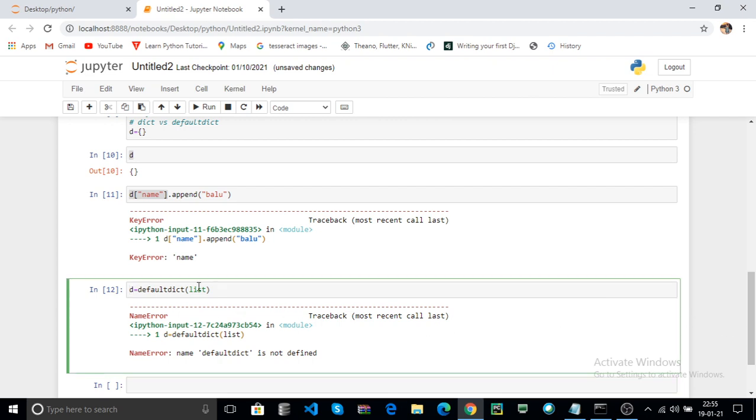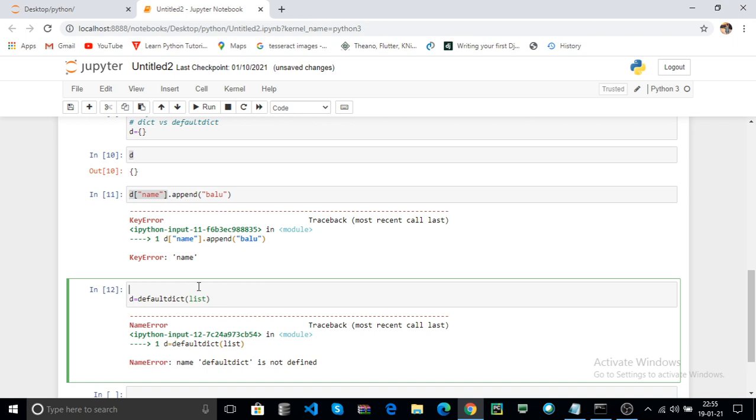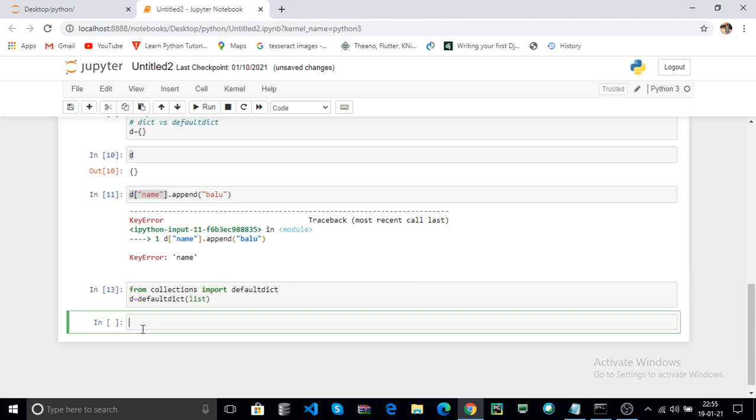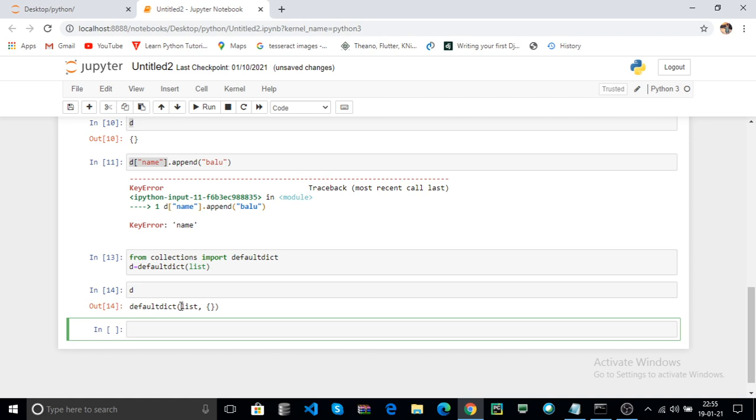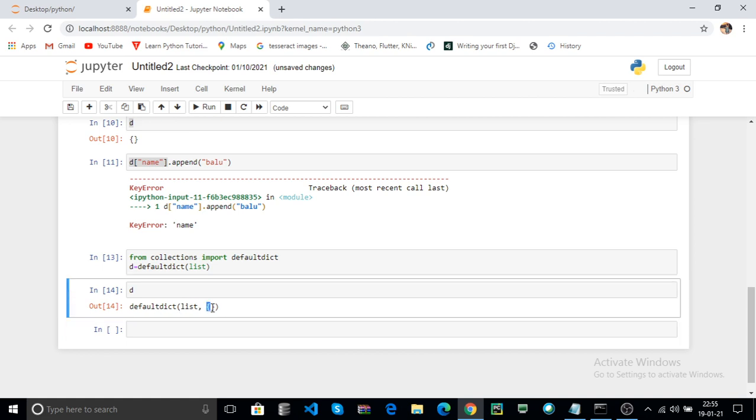First import, after that you can use any function from collections. Import defaultdict and click on run. Here the D is the defaultdict. Now the first parameter is the list and the second parameter is the defaultdict.